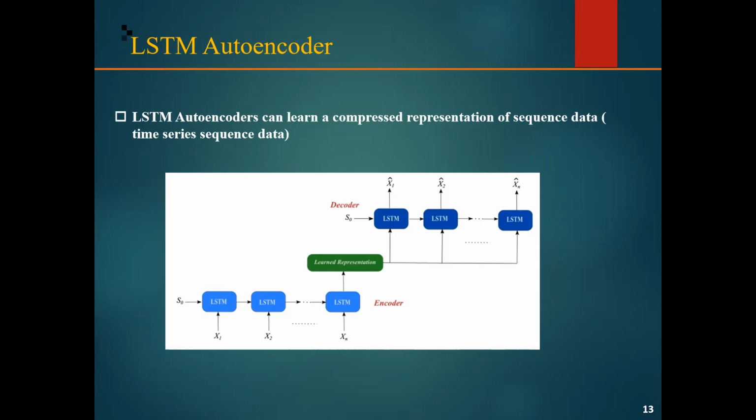Here the LSTM autoencoder allows the model to support variable length input sequences, so we can predict or output variable length sequences. Also, the LSTM autoencoder is the basis for many advanced complex sequence prediction problems, such as text translation or speech recognition. So we use an encoder LSTM and a decoder LSTM.